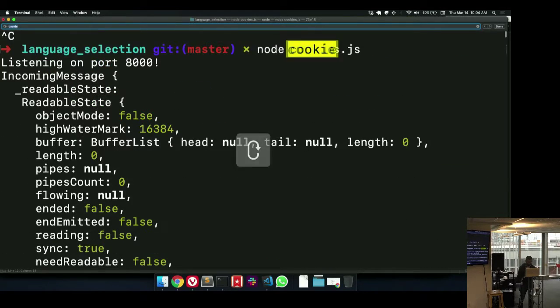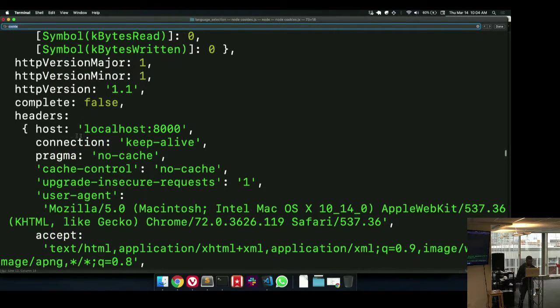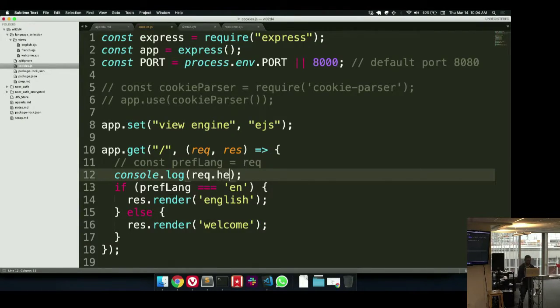Cookie. No, that's not the one. This one. It's under headers. Huh, look at that. That makes sense. It's in the request headers. So I can do request.headers.cookie. Let's just make sure I have the right